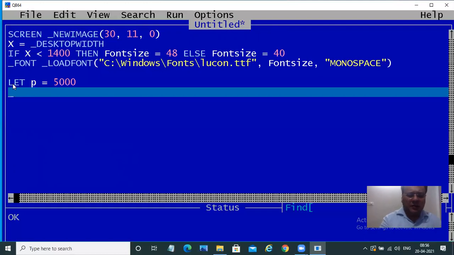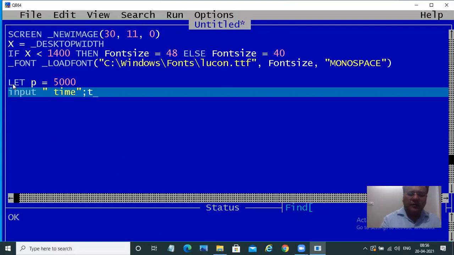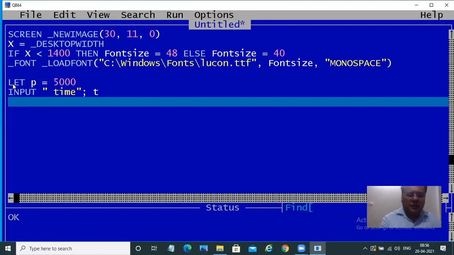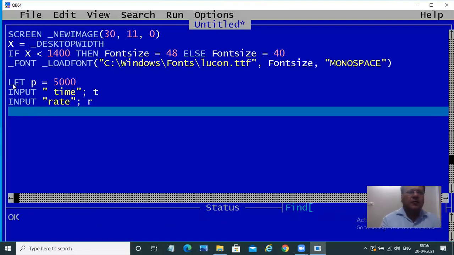Input time to T, input rate to R. So these are the three things you require: P, R, and T.